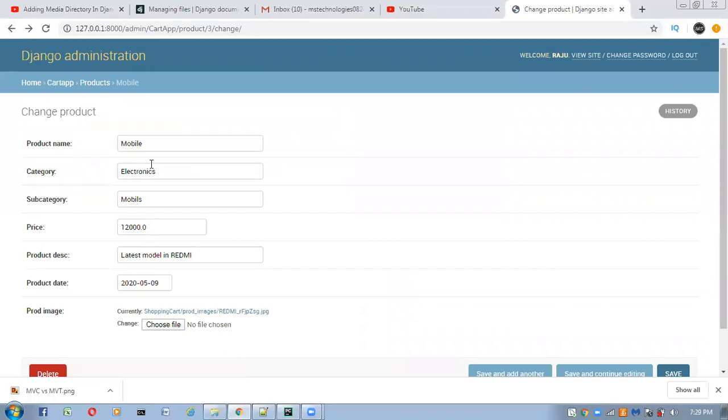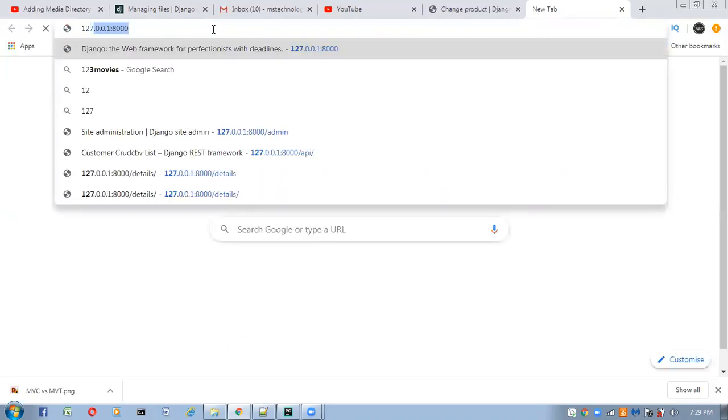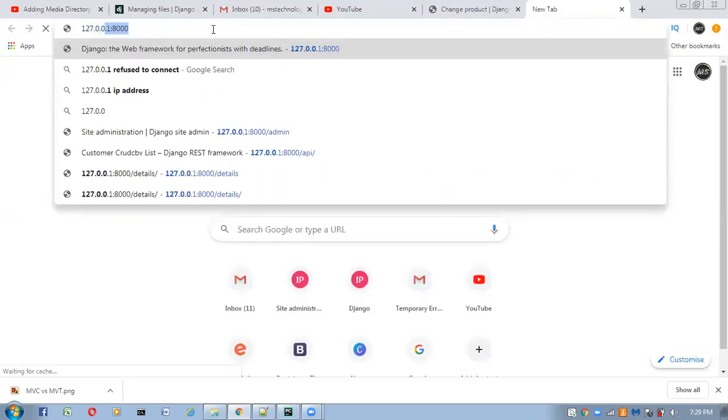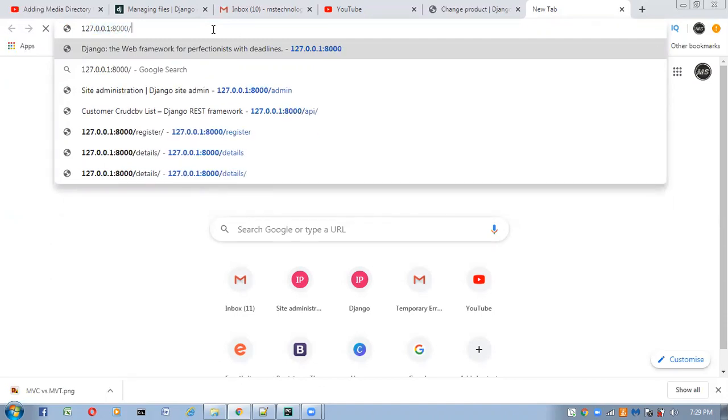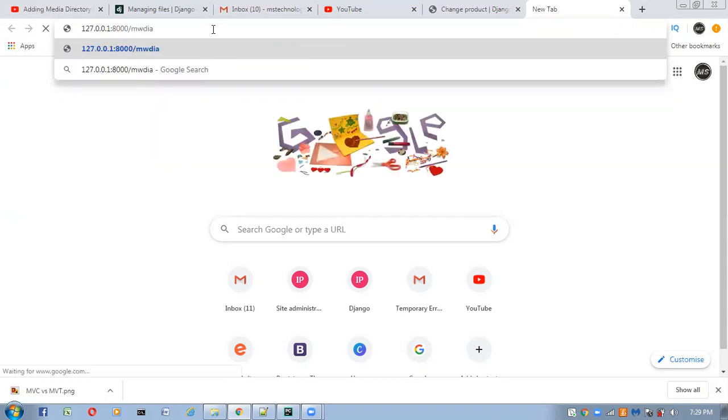So next, I will try to access that image from the browser. See, is it possible or not? Here I will give the request like this: 127.0.0.1:8000/media/ and then the image name.